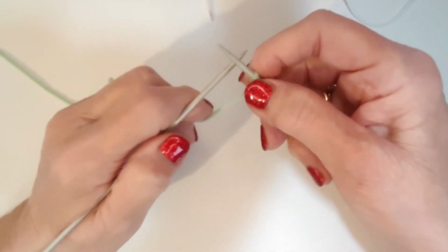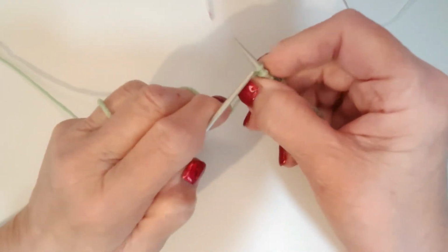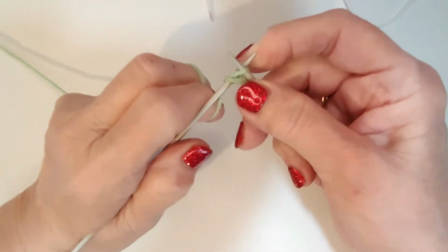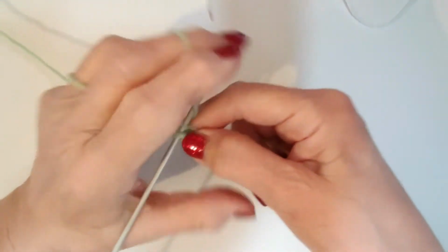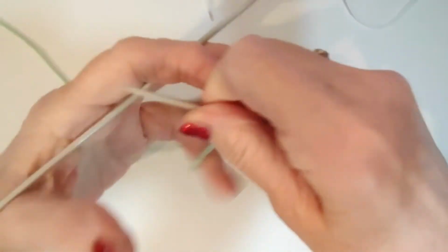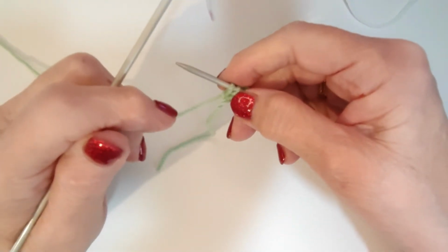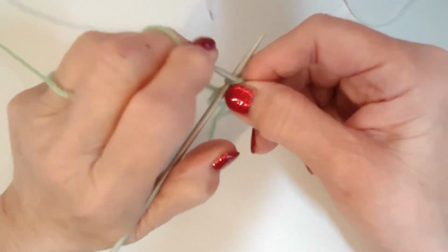Okay, the first row is slip your first stitch, knit the next 2, and purl the last one. There we go. Just tighten that up. Right. Row 2 is slip your first stitch,